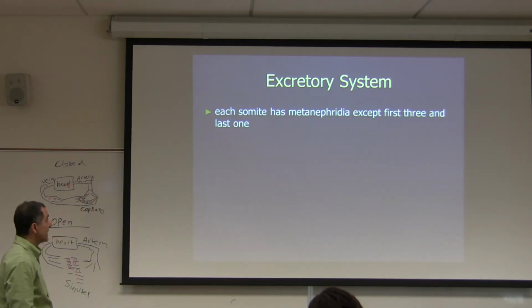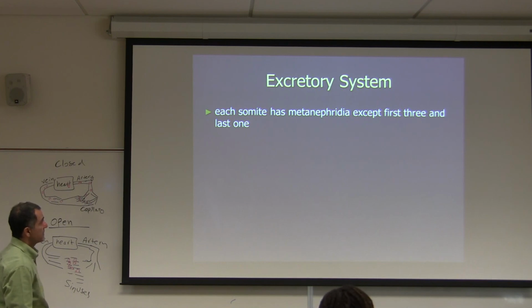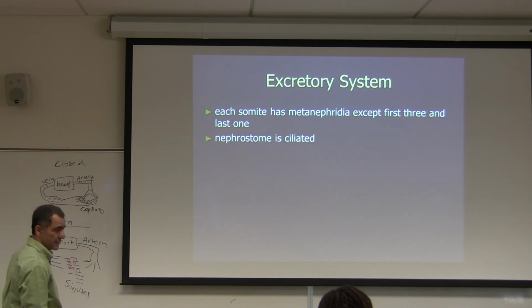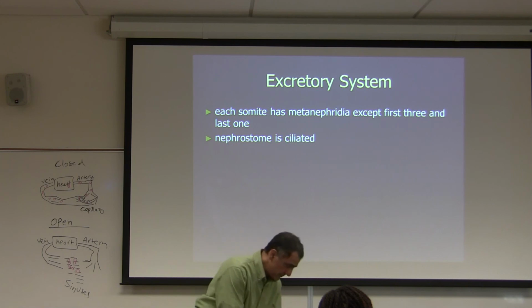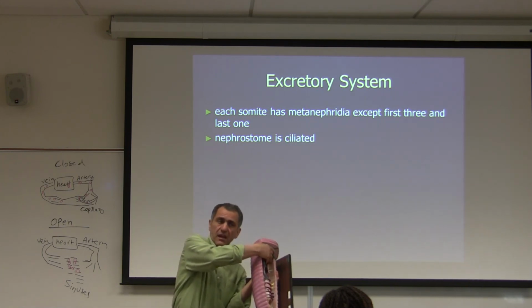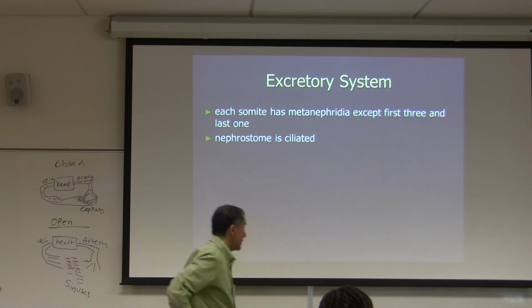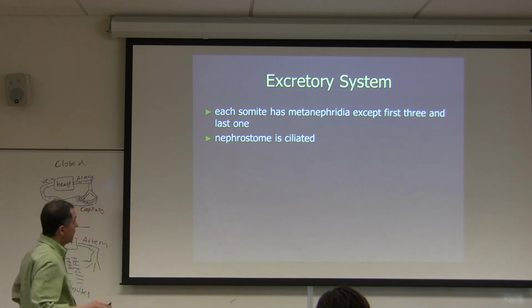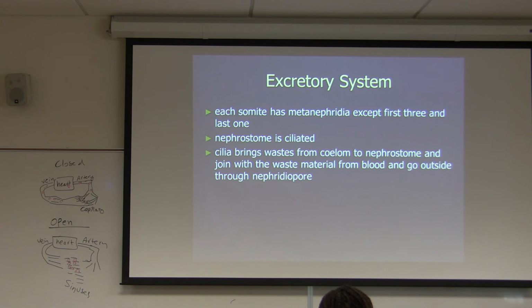Okay. Excretory system. Each somite has metanephridia except the first and last, which are right here on this model, these green ones. And let's see what you have to know. The nephrostome is ciliated inside of the animal. Cilia bring waste from the coelom to the nephrostome, where it joins with waste material from blood and goes outside through the nephridia